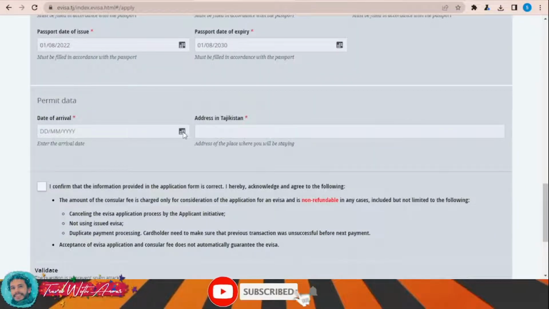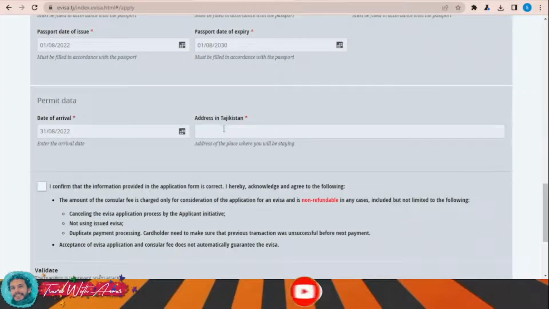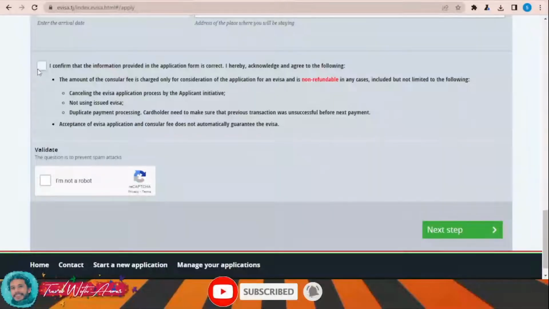Permit details, arrival, date of arrival, expected date of arrival, let's say this date. Address in Tajikistan, where you are going to stay, the name of the hotel. I confirm the information. You have to know that the visa fees are non-refundable. I am not a robot. Next step,